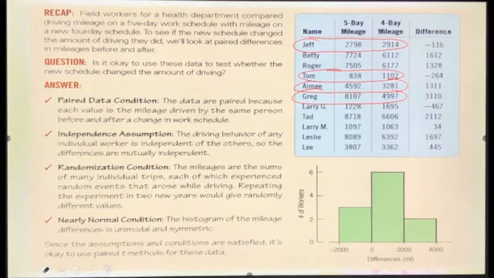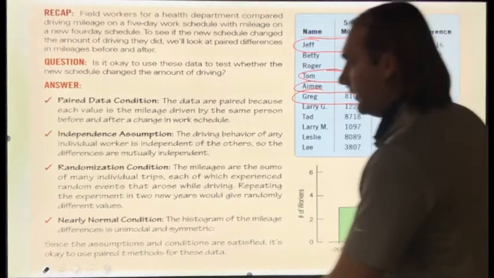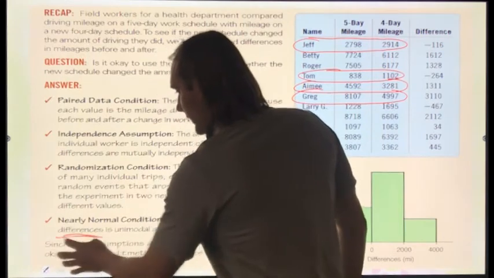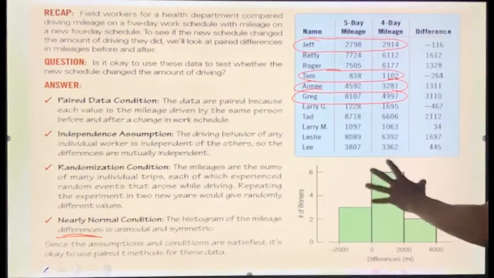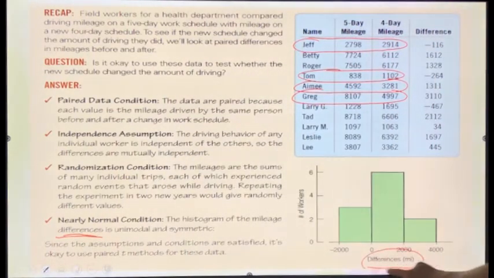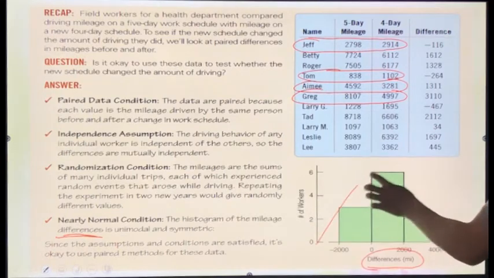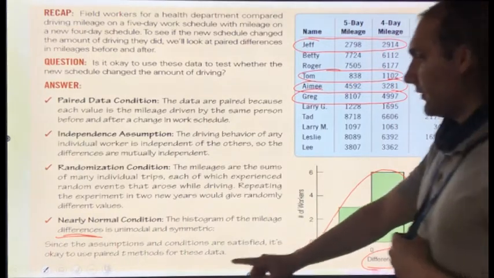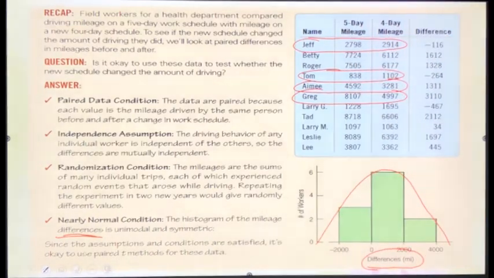Nearly normal condition. Again, we are looking at the keyword differences. So here is my model that represents the differences. And as I see here, it does kind of represent a normal model. So that does verify the nearly normal condition. Since the assumptions and conditions are satisfied, it is okay to use the paired t method for this data. And tomorrow we'll look at